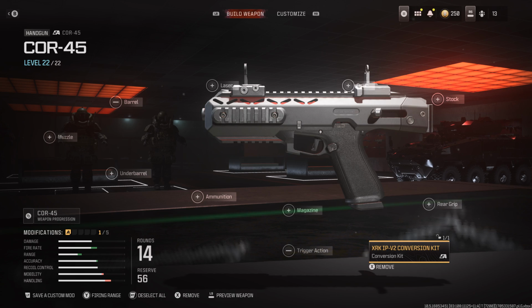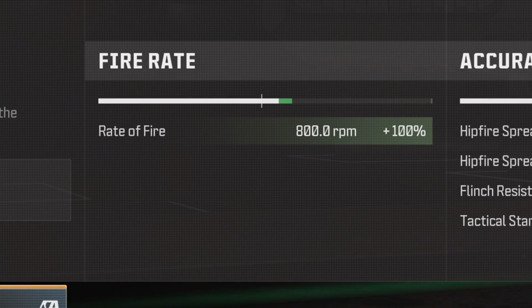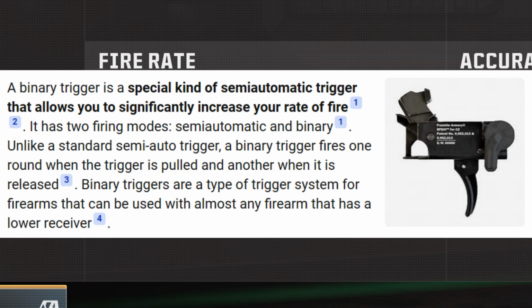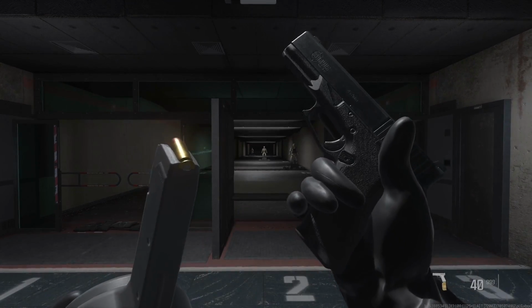But there is one last trick up this aftermarket part's sleeve. The description mentions its rate of fire buff, but not the binary trigger that it added. Now you may be wondering, what's a binary trigger? Long story short, a binary trigger allows you to fire your weapon when you pull the trigger and again when you release the trigger. So it turns your little handgun that fired like this